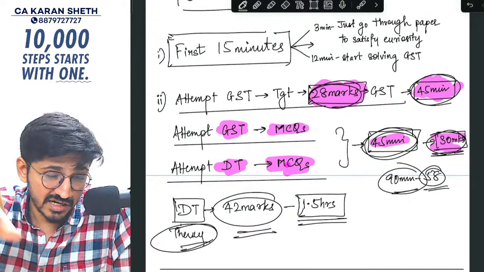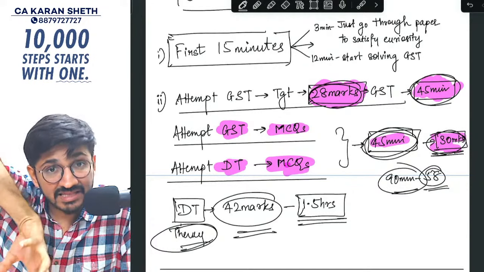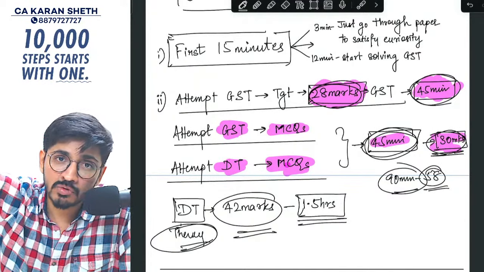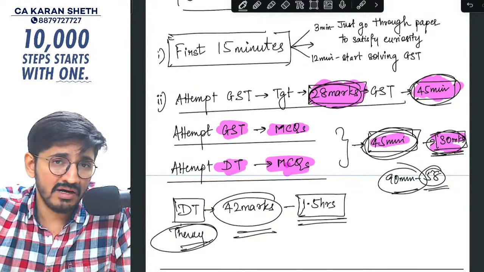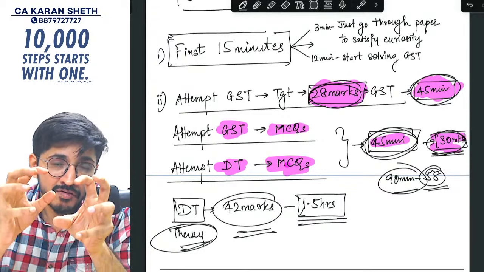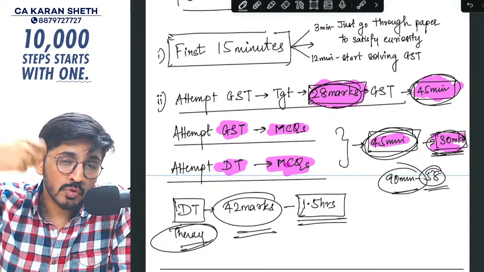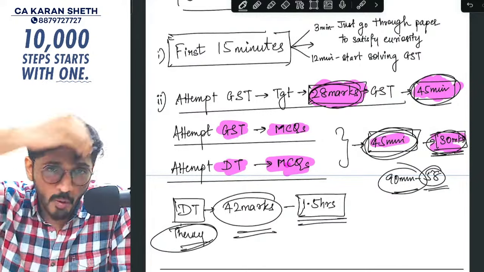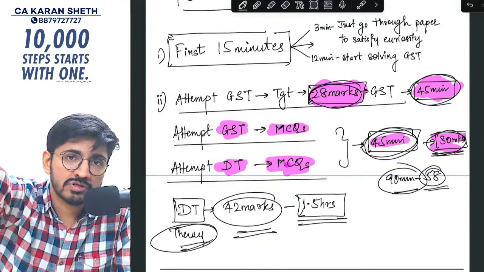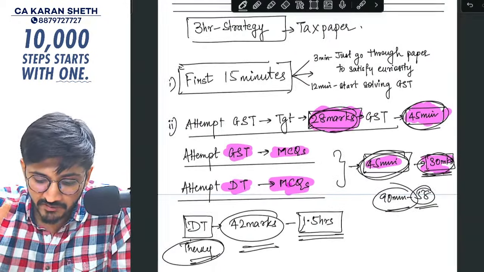The other strategies that generally people use is GST का theory लिखा, DT का theory they write, and then they go to MCQs. And the third one is that they directly go to MCQs and then they write the theory, which is not advisable. I'll tell you why. Understand, you have got the opportunity to spend 15 minutes reading the question paper. Once you have read it, you have solved few questions in your mind. Why don't you just vomit out those answers, yaar, and get rid of them and then go to MCQs, right? That is the best strategy according to me. Then you know best and you know how it works out.